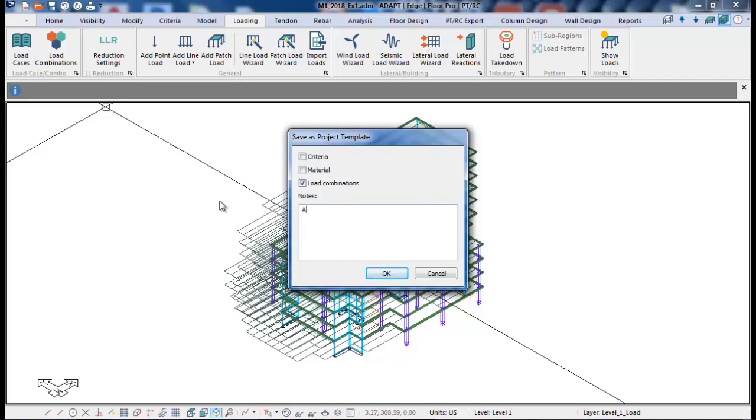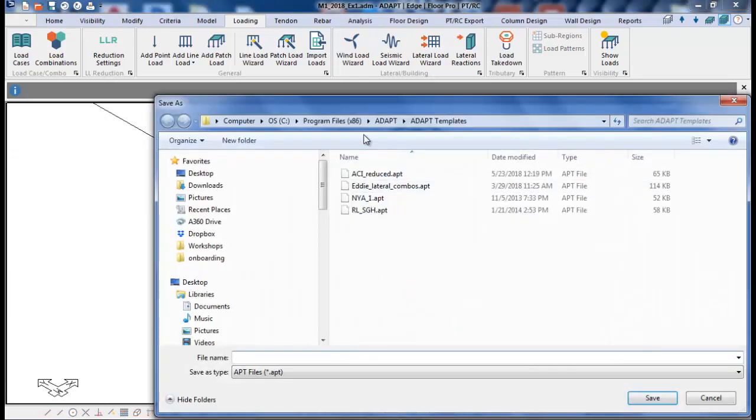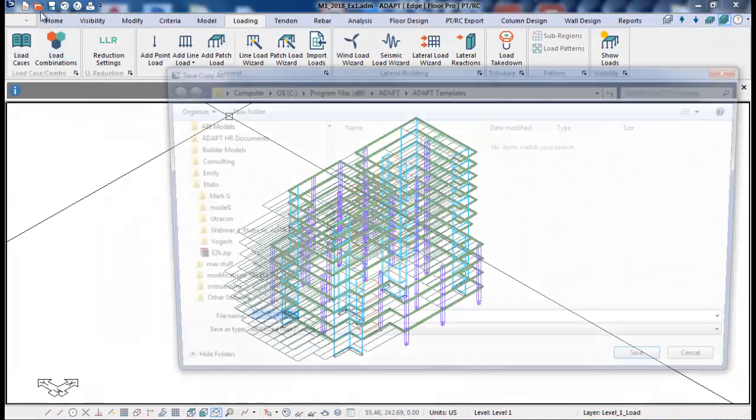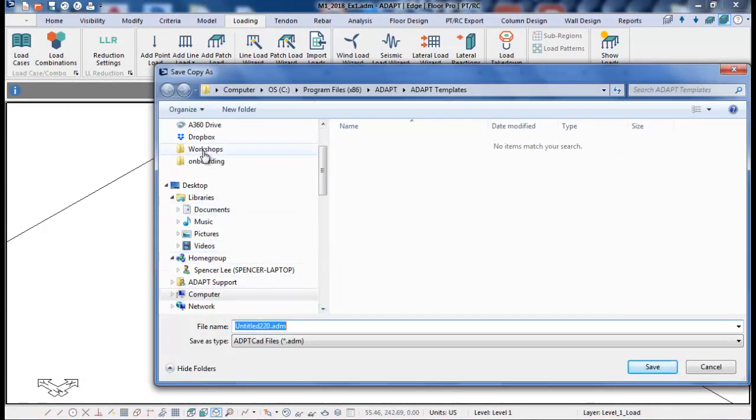And I'll just call this ACI 2014 ASCE 7 combos as my template. And that will point to an Adapt Templates folder. This folder can be placed anywhere. It can be placed on a network drive, a local drive, and we'll just name this example 1. If I save this model, and let's say I want to create a new model,